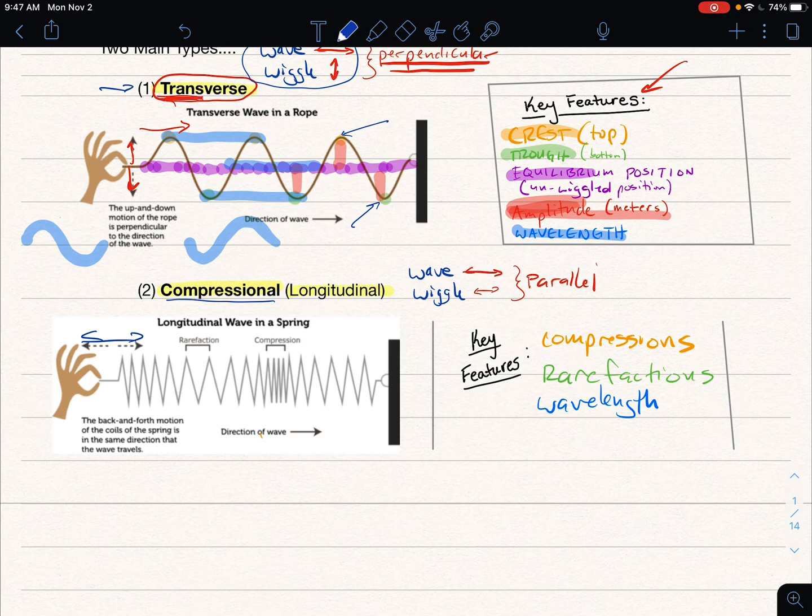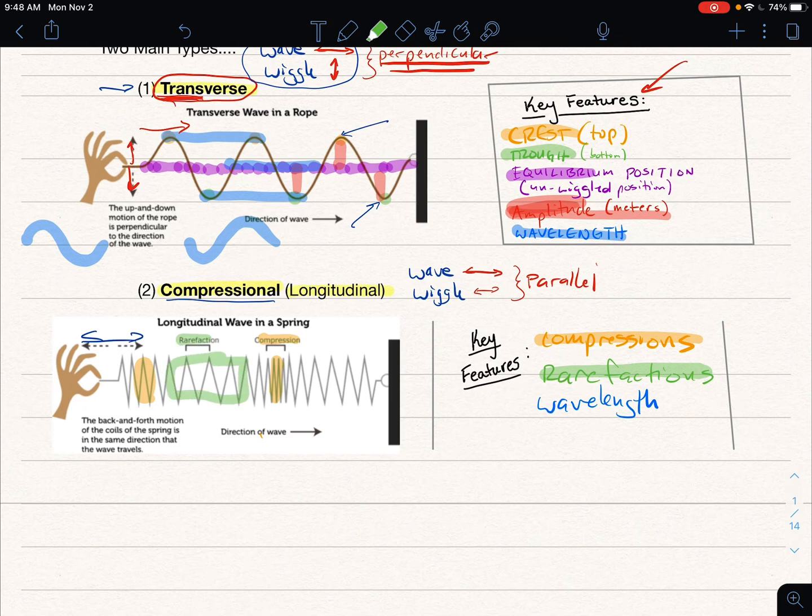What we're going to do down here for longitudinal wave is say the spots that are really compressed, the spots that have a really high density like this are known as compressions. And then, let's see, here would be another compression over here. The spots that are more spaced out, though, you'd say that they are rarefacted. And that's just another word for saying that it's more spread out, that the rarefacted areas have less particle density.